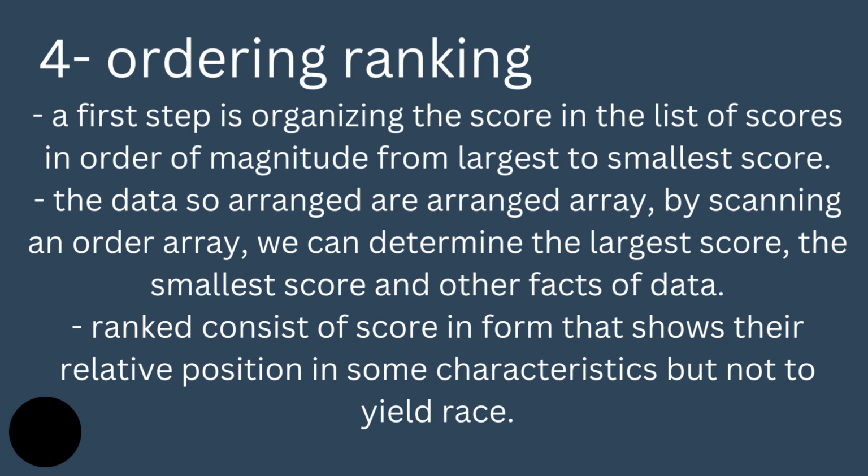Then we arrange these scores in a manner, and then we rank the student scores. The data so arranged is in an array. By scanning an ordered array, we can determine the largest score, the smallest score, and other facts of the data. Rank consists of scores in form